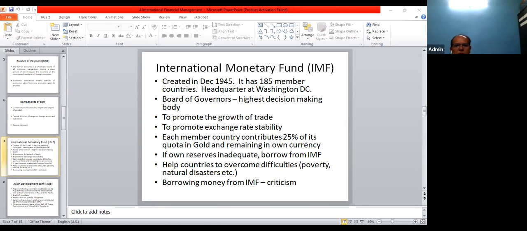Now, the World Bank, as I told you, was created at Bretton Woods. When the Bretton Woods system was established in 1944, that year itself, they expressed their opinion that we have to have a bank which is leading at the world level. So the World Bank was created at the Bretton Woods Conference in July 1944, and the objective was to provide loans to developing